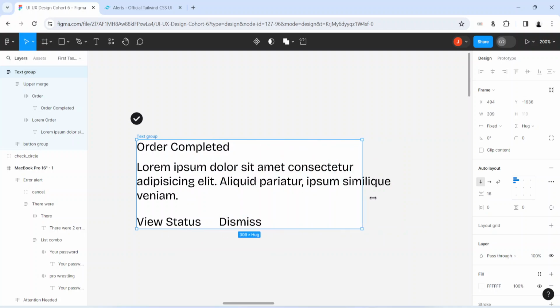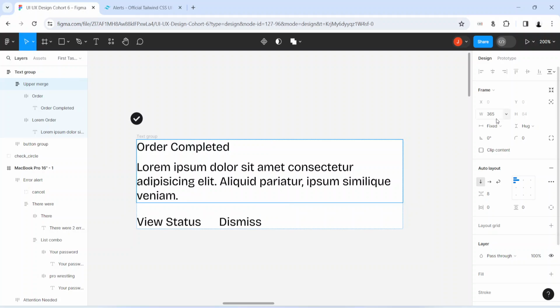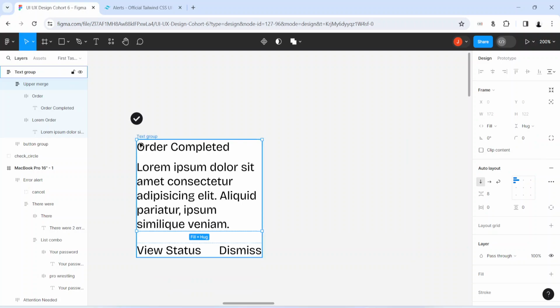When I resize it, you can see that this auto layout here that has lots of words is not resizing, it's not behaving well. So I would select the upper merge auto layout that has an auto layout with a text with more than 4 words. I would select it and I would set its horizontal resizing to fill container. This is going to happen, it's just fine. Select this